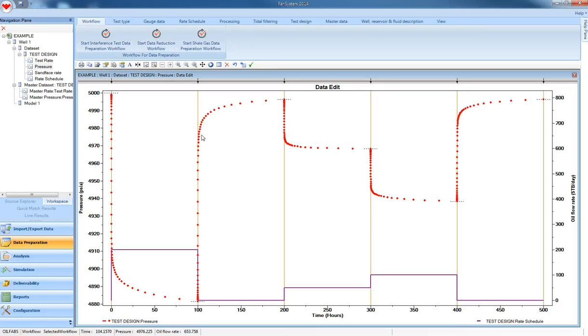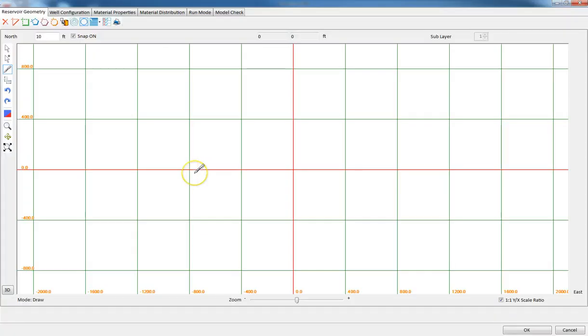In this example, I am going to demonstrate how to create a region with a hole, or alternatively a reservoir model with a concave boundary. And this can be done. We'll start again as usual with the simple example model. I'll click on well reservoir and fluid description, numerical model, and as usual I will create the basic square model,